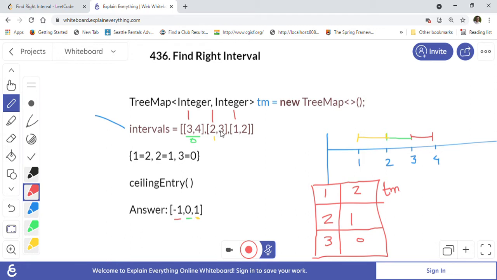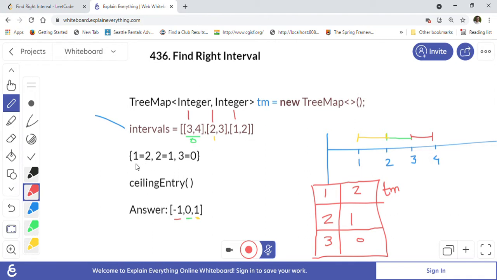So first, in the first iteration we will iterate through the intervals, and we have created a TreeMap. As you can see in the TreeMap, the keys like 1, 2, 3 are in the natural ordering, right? So automatically the TreeMap puts the keys in order. After that is done, we will iterate through the TreeMap, right?